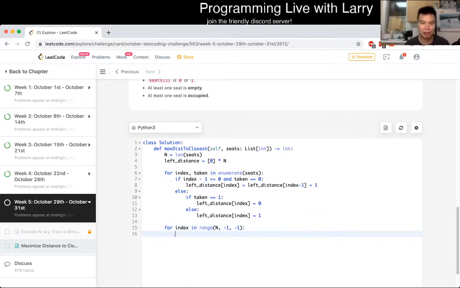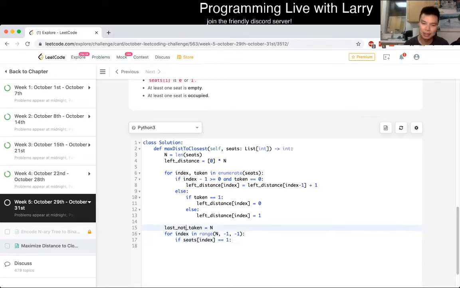We're going to just keep a rolling count. Let's keep track of the last not taken, equal to n, just as the border. And then now we can do: if seats of index is equal to 1, that means this is taken, so that means that now our current